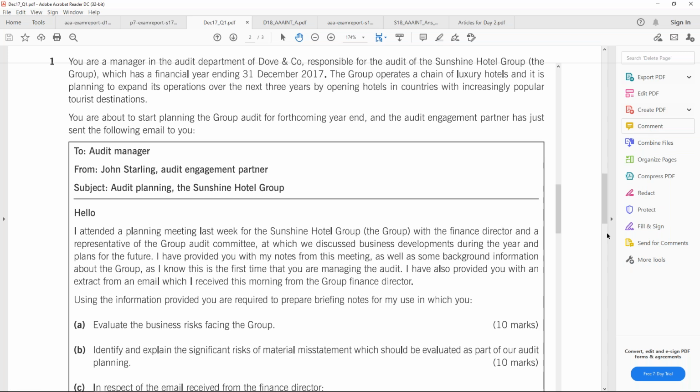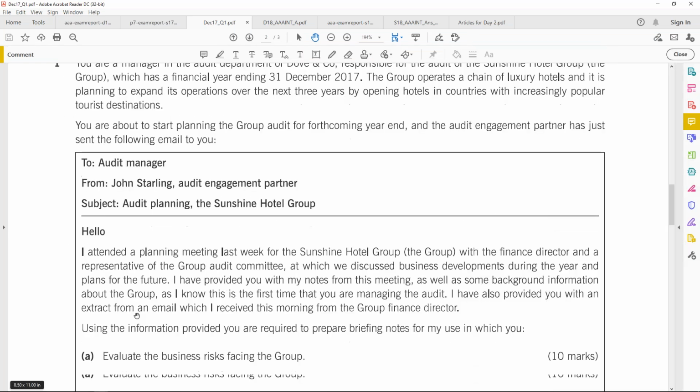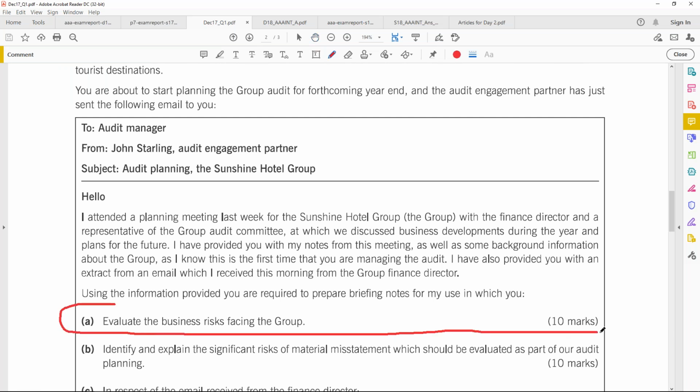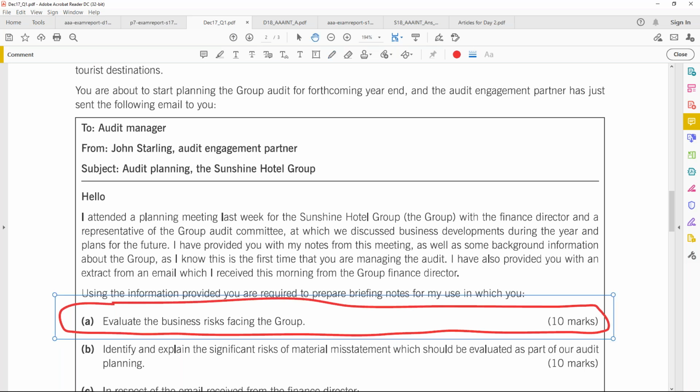I hope you all can see that. There is a requirement here: evaluate the business risk, for 10 marks. So ideally, how many risks are we identifying for 10 marks? Taking an average of 2,